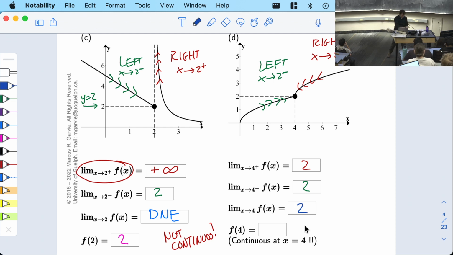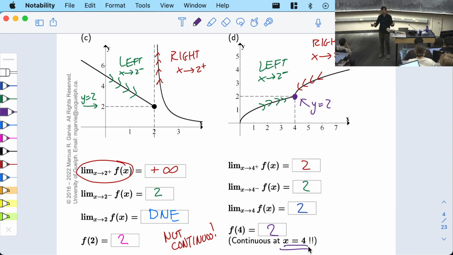Last but not least, we have to do the value f of 2. The value f of 2 is this purple value, and that is also 2, y equals 2. So everything is 2, 2, 2, 2, 2. The limit exists, it's 2, the value of the function is 2, they're equal, and therefore it is continuous at